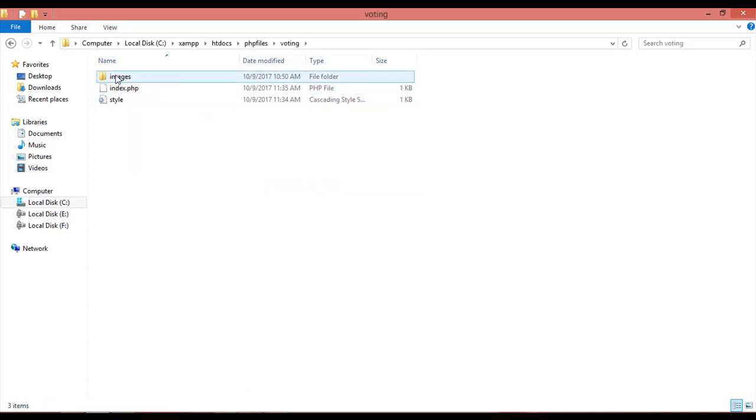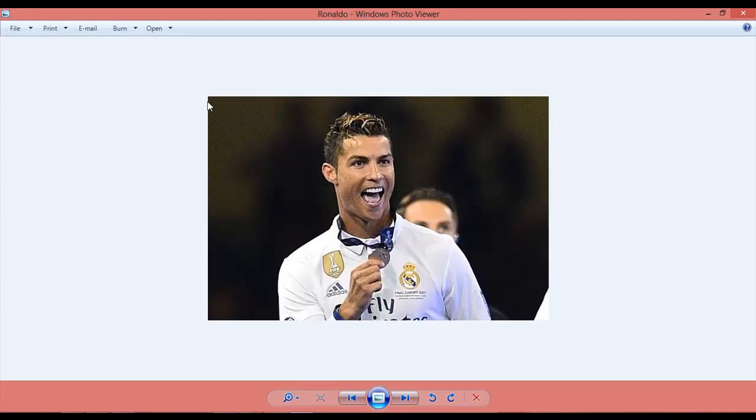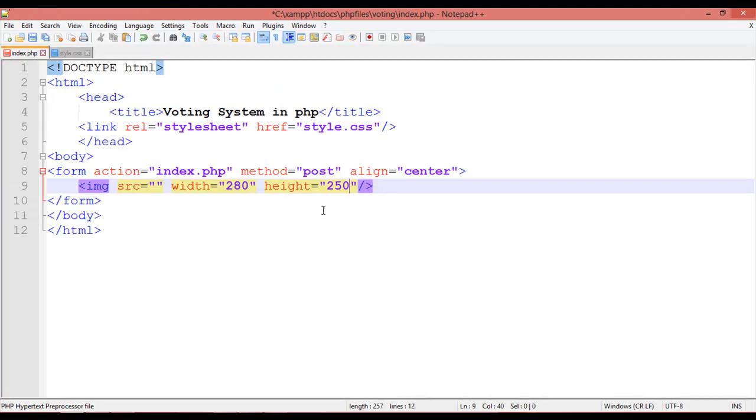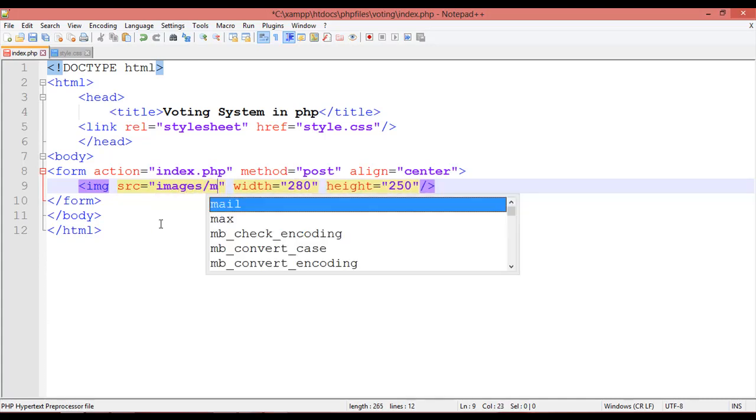Inside the voting folder we have another folder called images. Inside this we have three images that we are going to use here: Drogba, Messi, Ronaldo. So you need to write here the name of the folder, images, slash, and the first image is